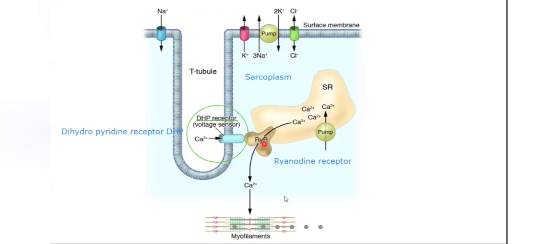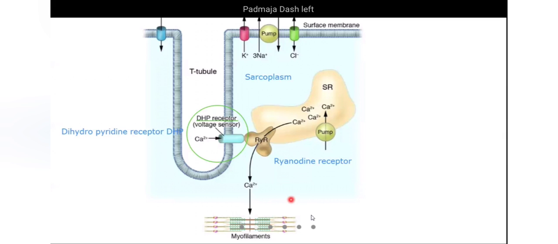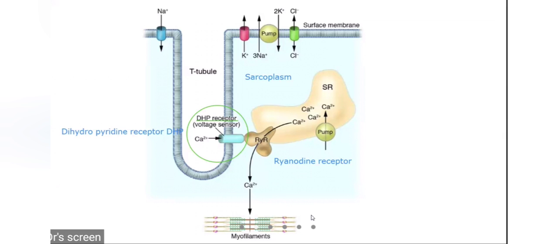Only when this calcium comes out into the cytoplasm can muscle contraction occur. This calcium is important for the myofilaments, that is the actin and the myosin, to contract. So you have the contractile element. This is the sarcomere. Inside the sarcomere, you have the actin and the myosin. So you want calcium to be there in the sarcoplasm if the muscle fires, that is, if the sarcomere has to contract. Okay, clear?